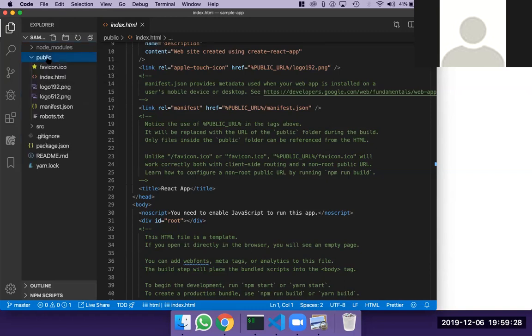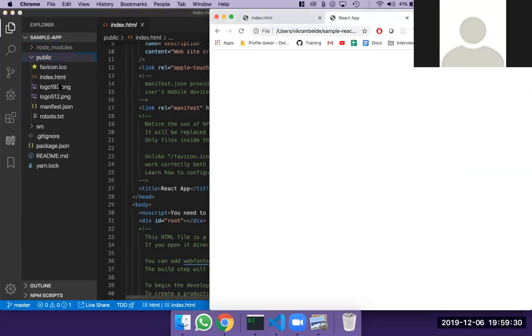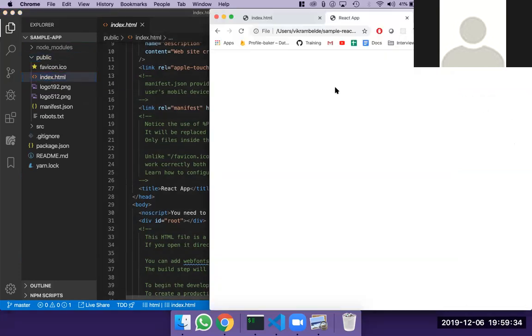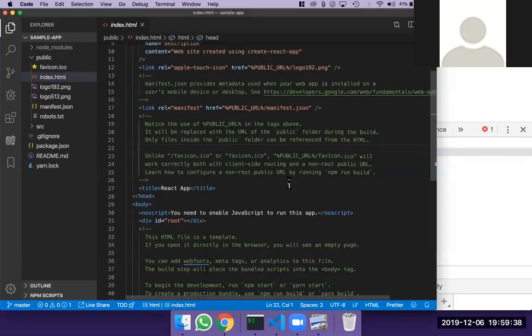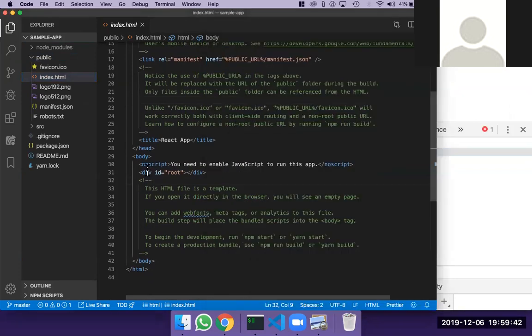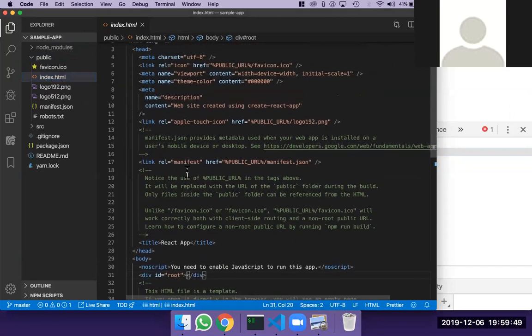So like any other HTML page, I should be able to throw my index.html into my Chrome, and I should be able to get some output, right, folks? But you don't see anything in here because I do not have anything in here. It's a completely empty div. But if you see back in here,